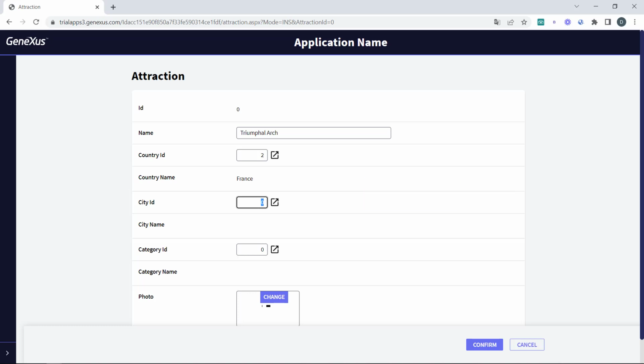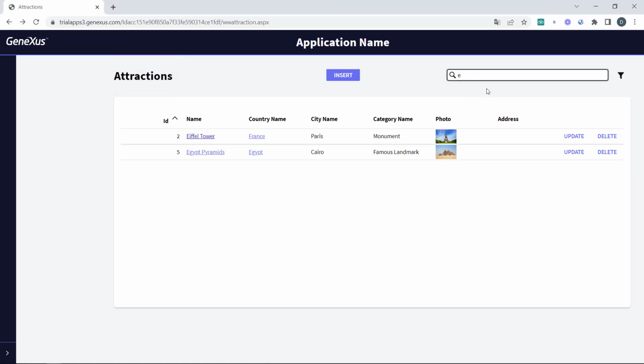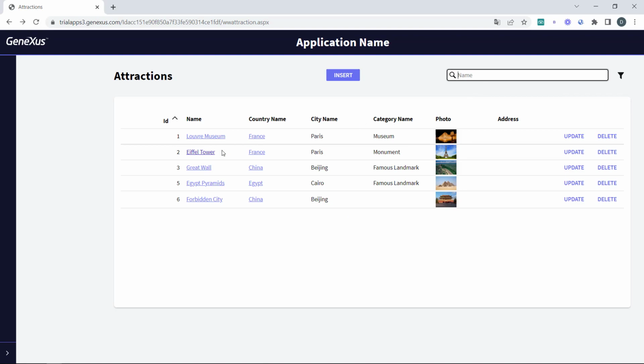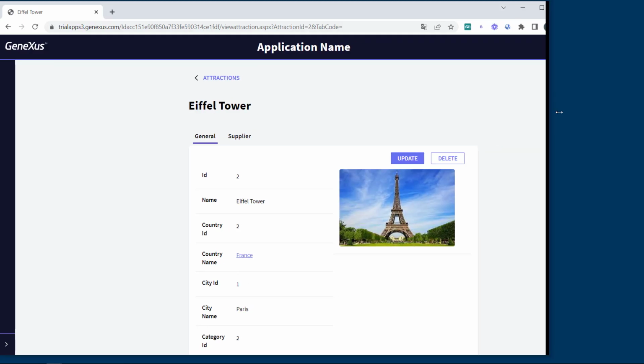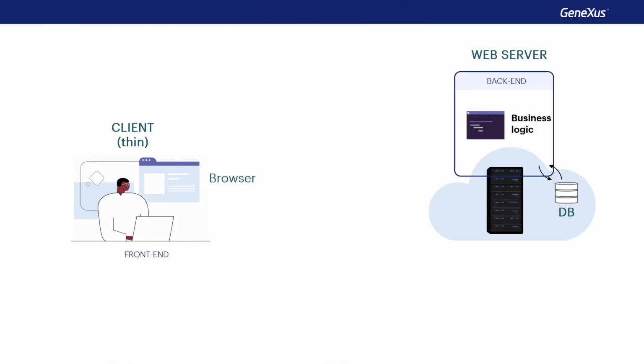Also, we saw that in screens generated with the work with pattern, web panel objects that we'll discuss later, the information was dynamically loaded when we changed the page of a grid, or when we applied a filter, and that its size was automatically adjusted in a responsive way. Some of these operations are performed on the client side of the web application, in other words, the browser, and others on the server side, for example, when it's necessary to search in the database.